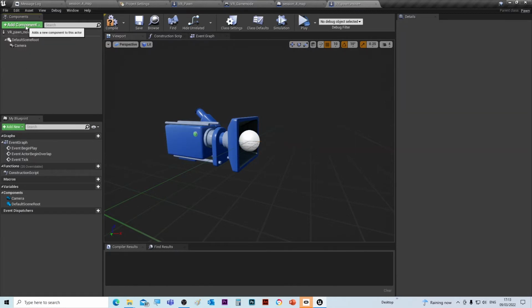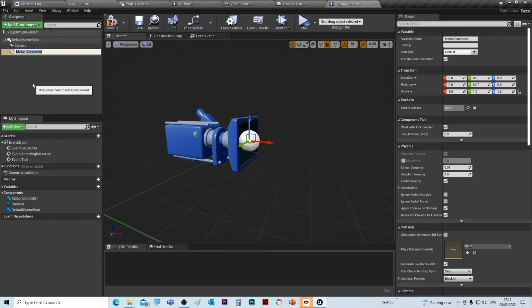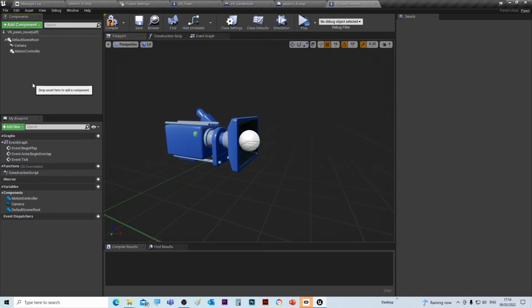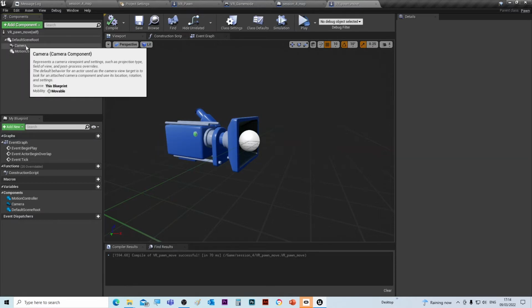And we also need to add a motion controller. Okay. So if we compile and save that, obviously we're going to add some more components to this, but for now